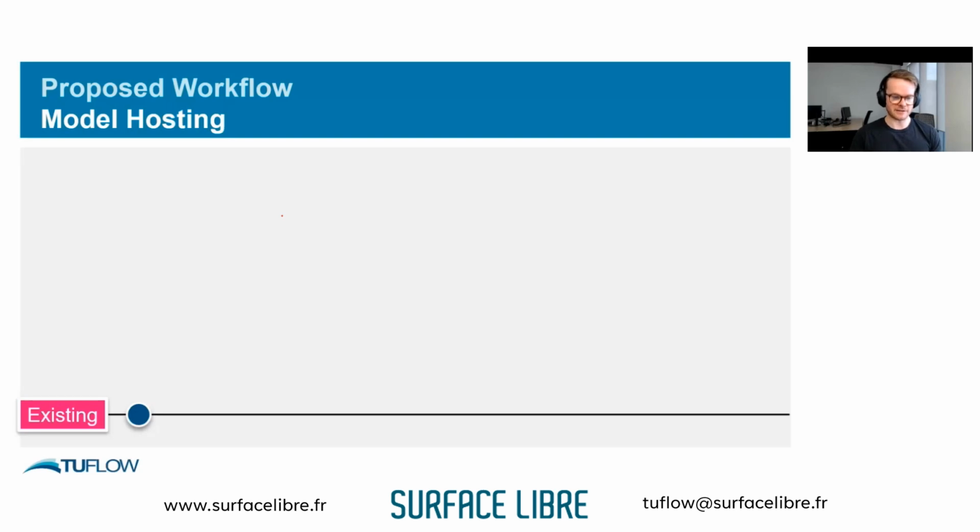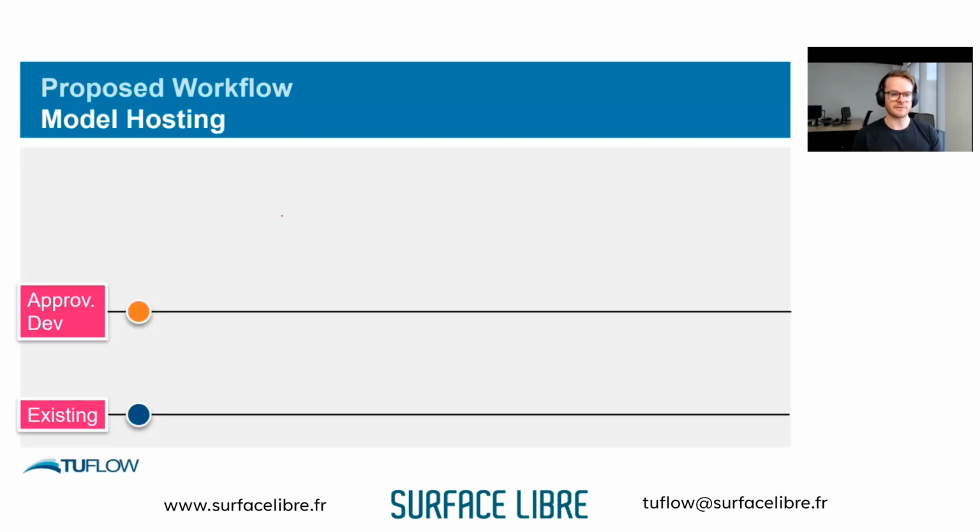So I thought, hey, maybe this could all be done through something like GitLab or GitHub. You could have an existing branch of the model repo that holds the existing landform as it currently is. And you could also have some sort of approved development branch. So the same model repo, but we're using different branches in this case. The approved development branch might just represent a 2-year horizon of approved developments that could be in the catchment soon, and represent some future scenario, which is really useful when you're doing future planning, climate change, and all that, to have some idea of what the landform is going to look like in 2 years' time, even if it's loose.